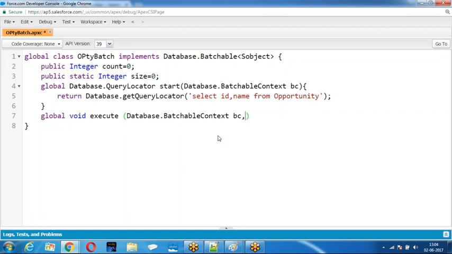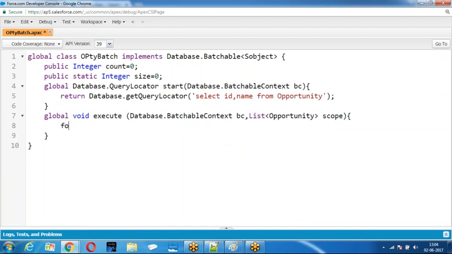I am going with global void execute(Database.BatchableContext). See, on which set of records I am working. I am taking one by one record. Count equal to count plus 1. Size equal to size plus 1.